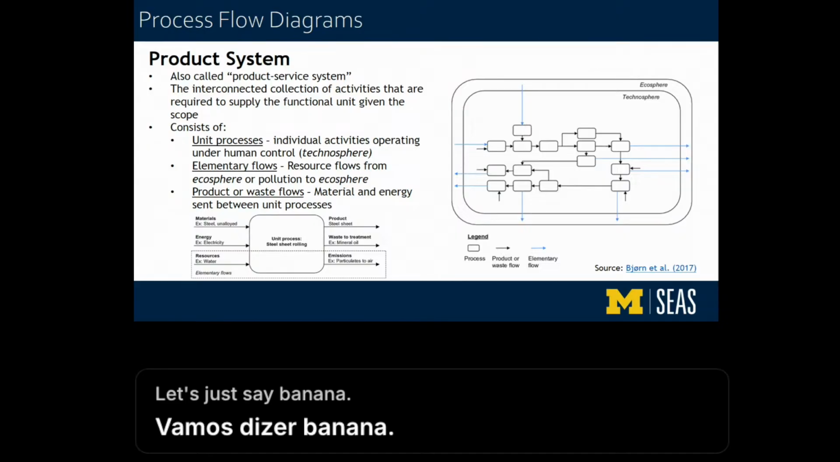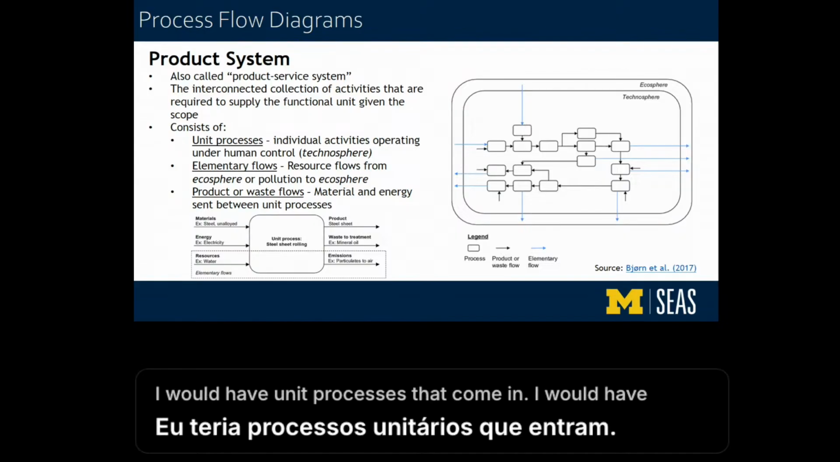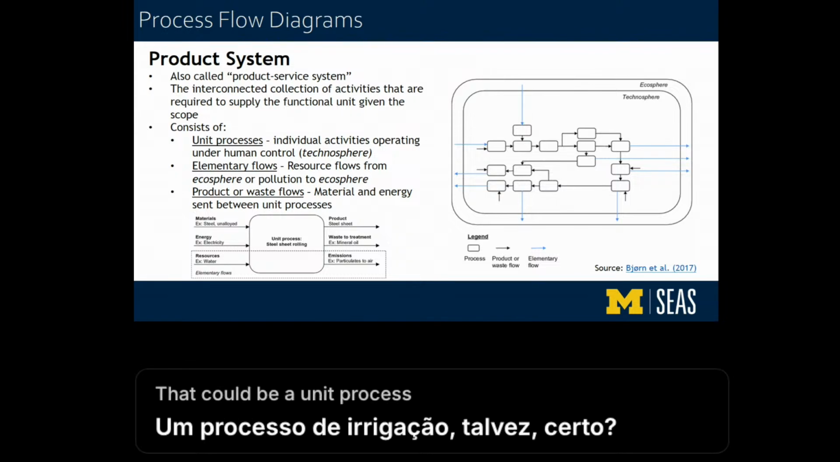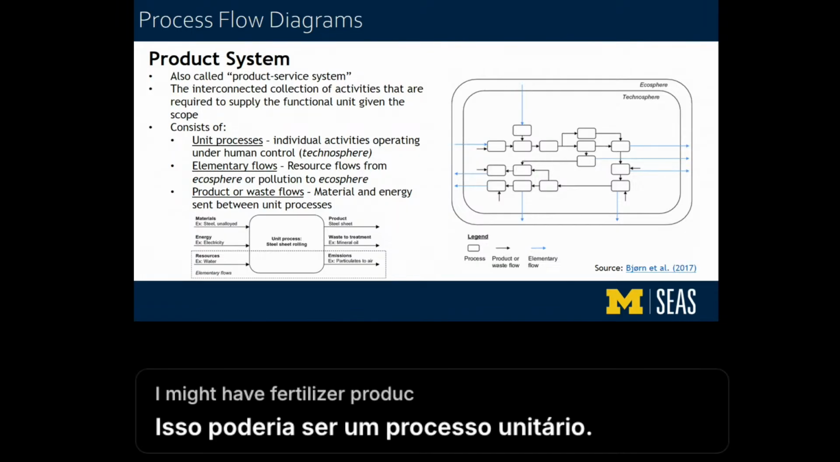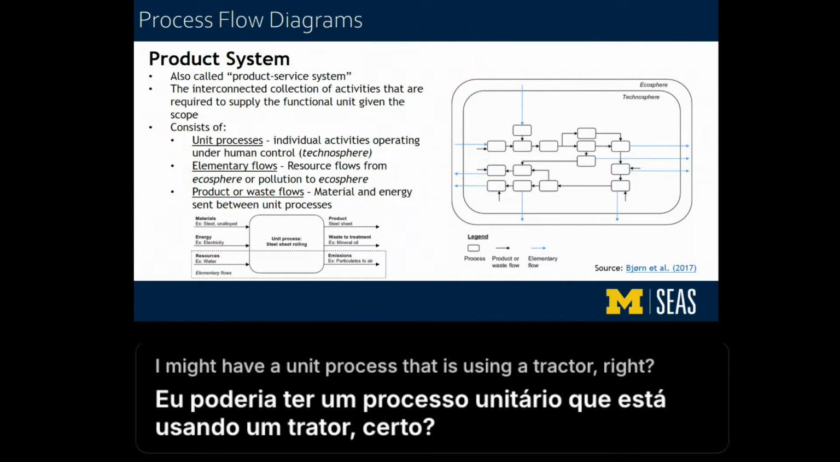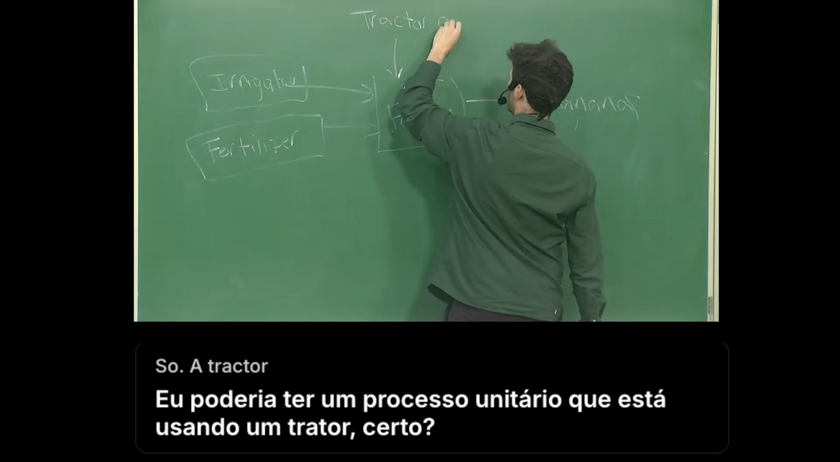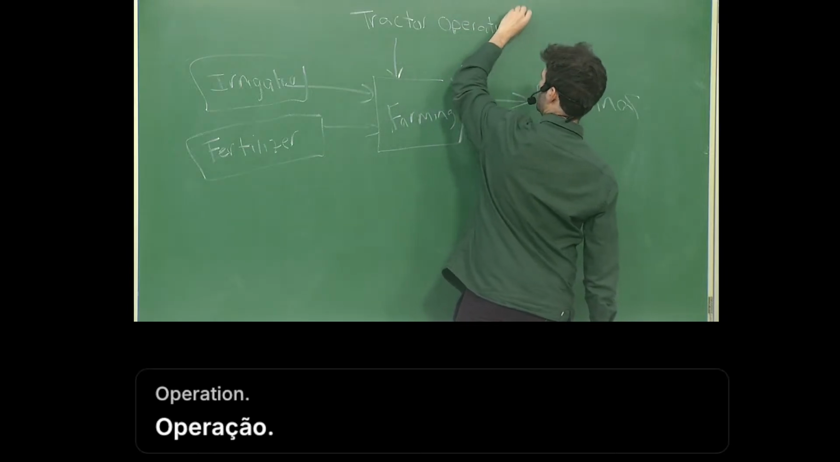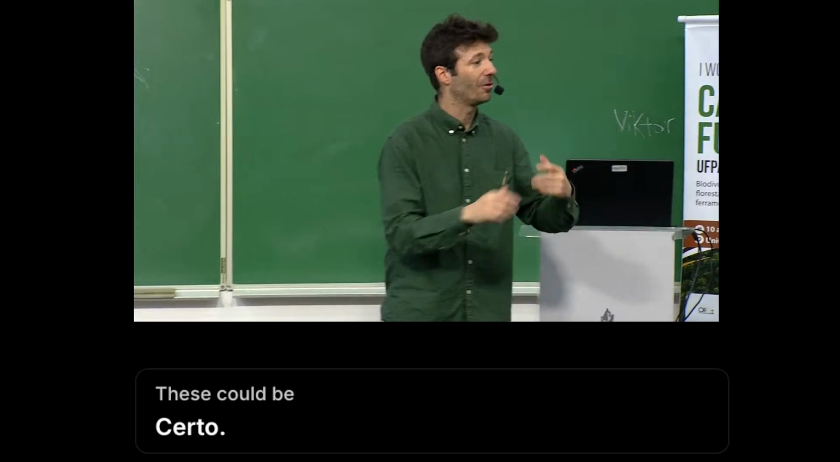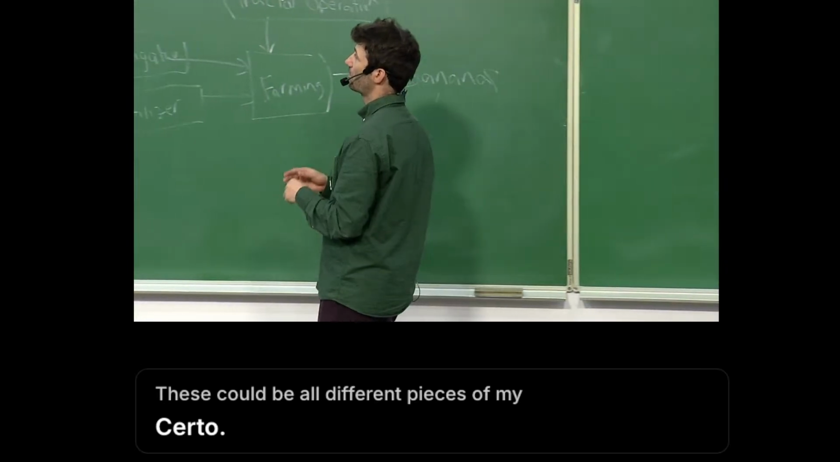I would have unit processes that come in. I would have an irrigation process maybe, right? That could be a unit process. I might have fertilizer production as a unit process, all right? I might have a unit process that is using a tractor, right? So that could be tractor operation, right? These could be all different pieces of my system that I need, individual activities that help me produce bananas, all right? And so each unit process